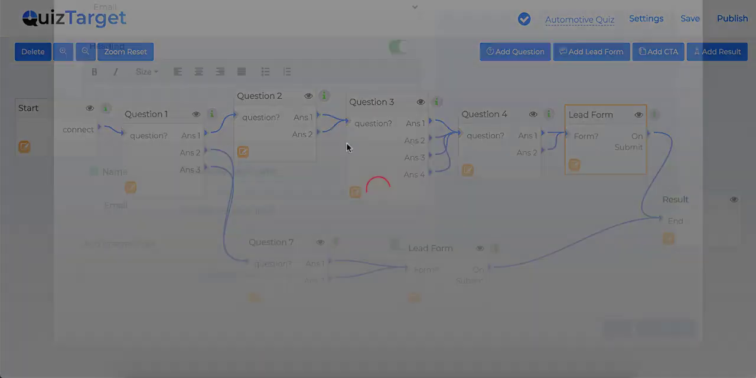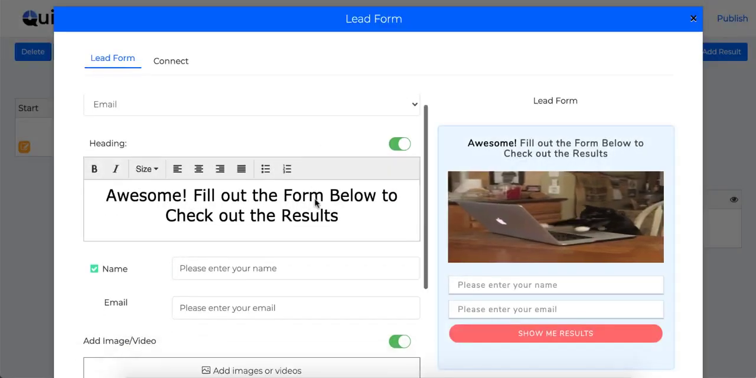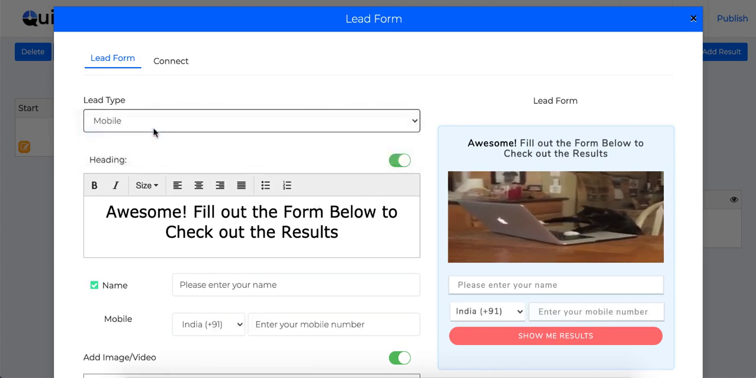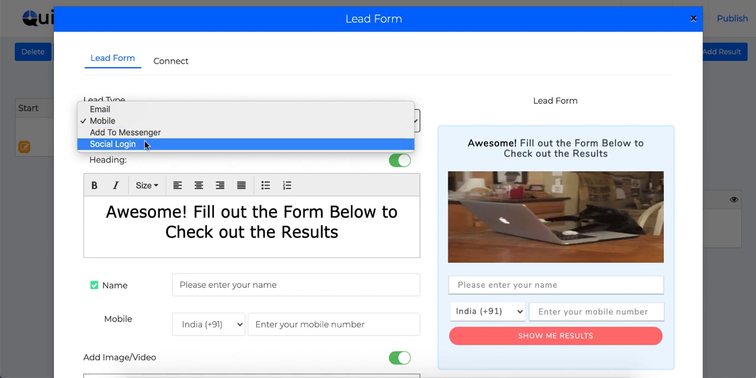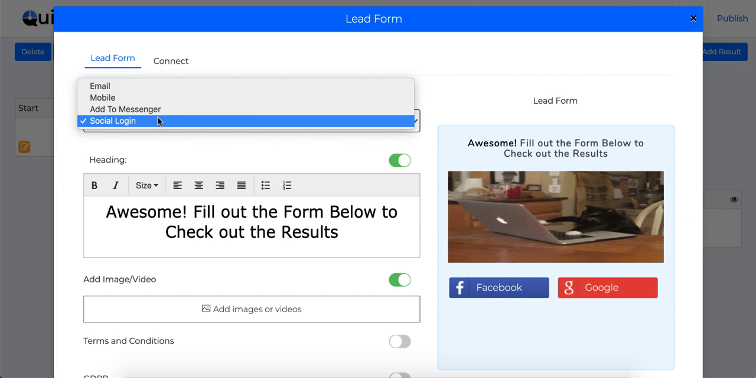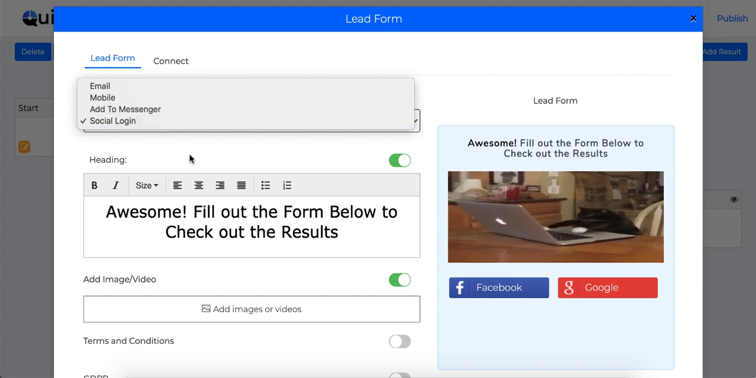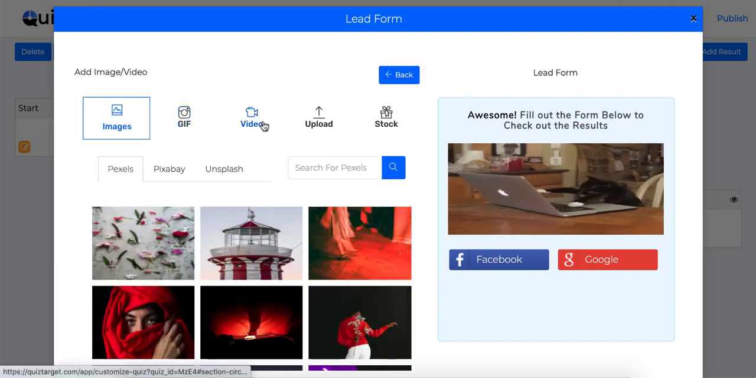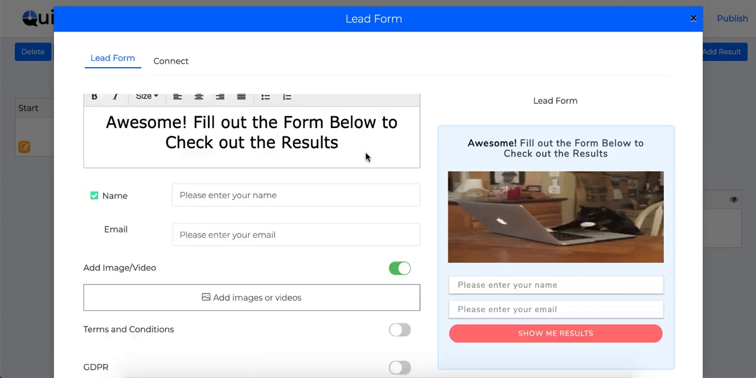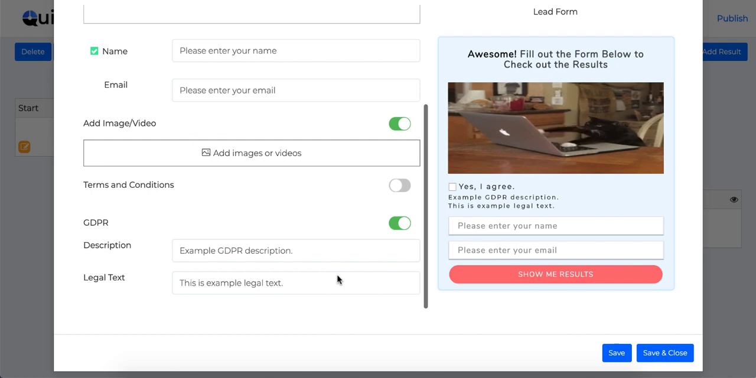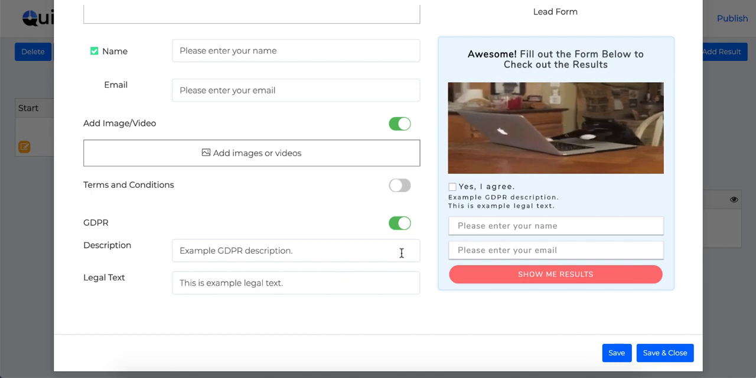Let's jump into the lead form where the lead generation happens. Here you have 4 options available. You can either generate email list, phone number list, add to messenger list, or simply ask them to use social login to get their valid social email IDs from Facebook and Google. Now similar to questions, you can add images, GIFs, video to your lead generation forms as well as upload your own images. Now lead generation forms are fully GDPR compliant and all the necessary arrangements have been added to comply